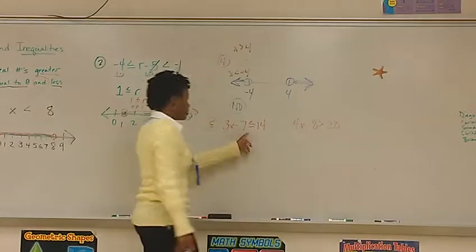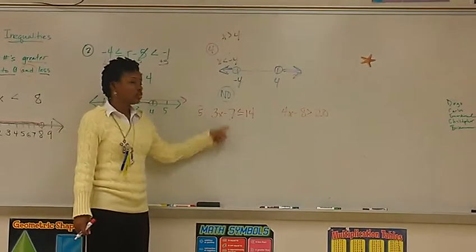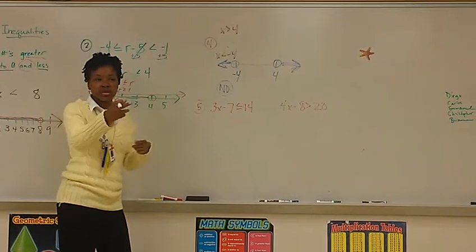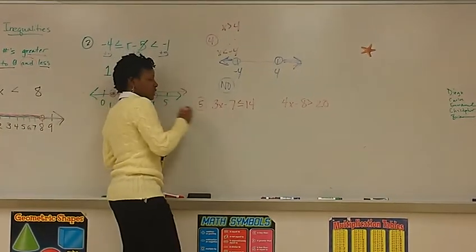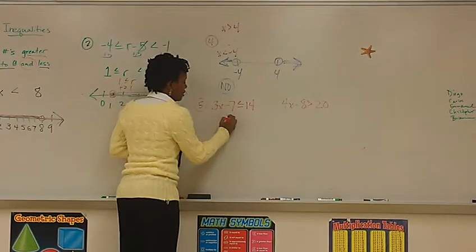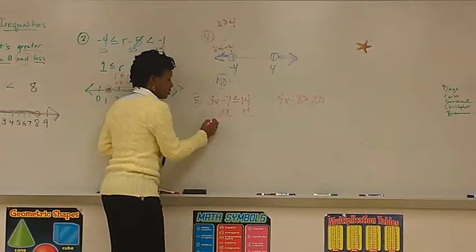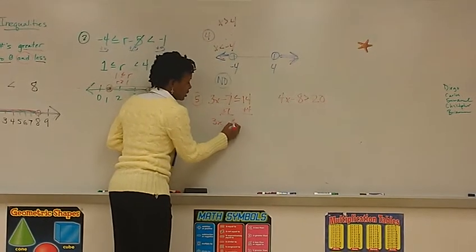Alright, so let's solve this one first. What do we do first? Anybody know? Remember, this should be like second nature now. Corey. Do what to 7? Plus 7. Good. Add 7 to both sides. These cancel. You get 3x is less than or equal to